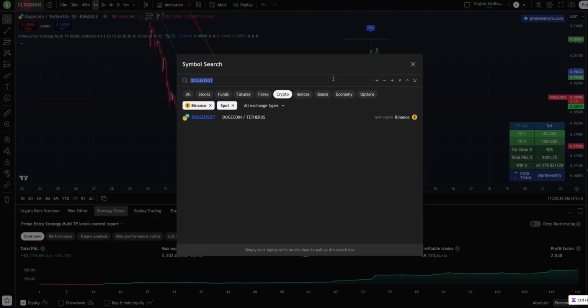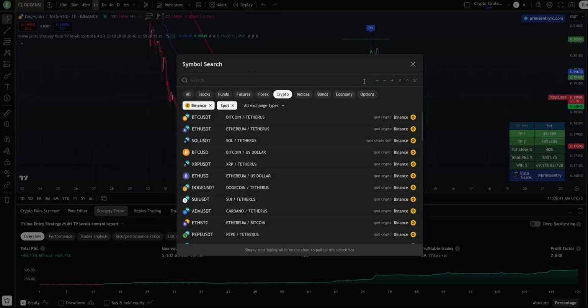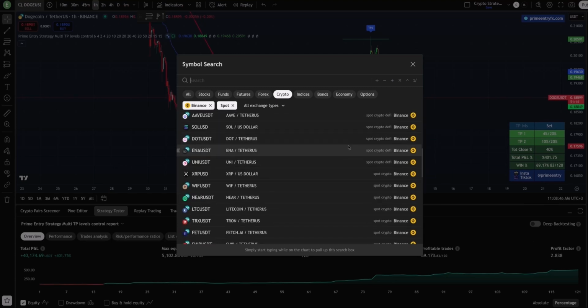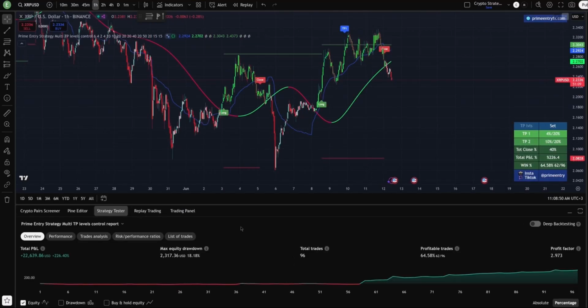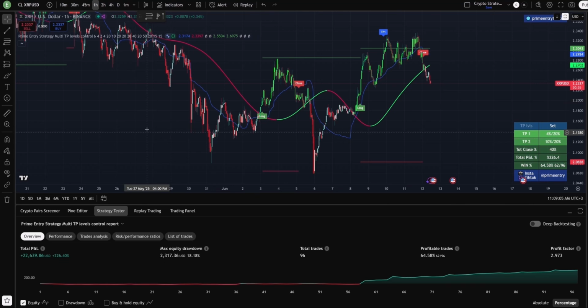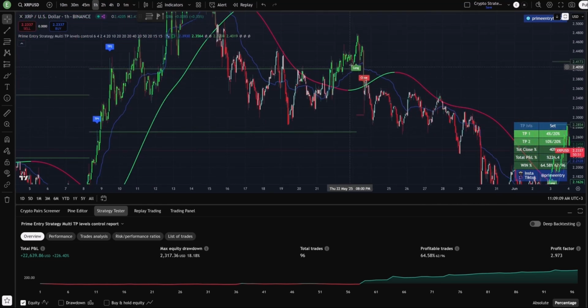Right now, the strategy is active and showing results live. Let's look at a few more coins to get a broader sense of the strategy's performance. As you can see here, we have results like 216%, 364%, and others, similar performance patterns. This previous trade setup we're analyzing followed the same structure as well. This was originally a long entry based on the expectation of a price increase, but unfortunately, news broke and the